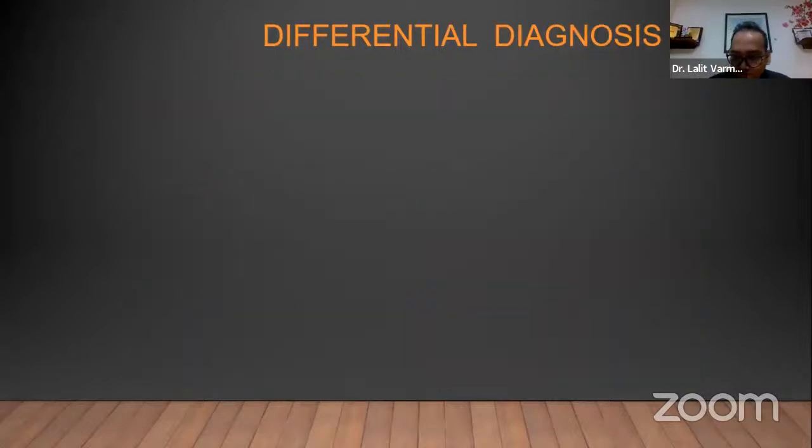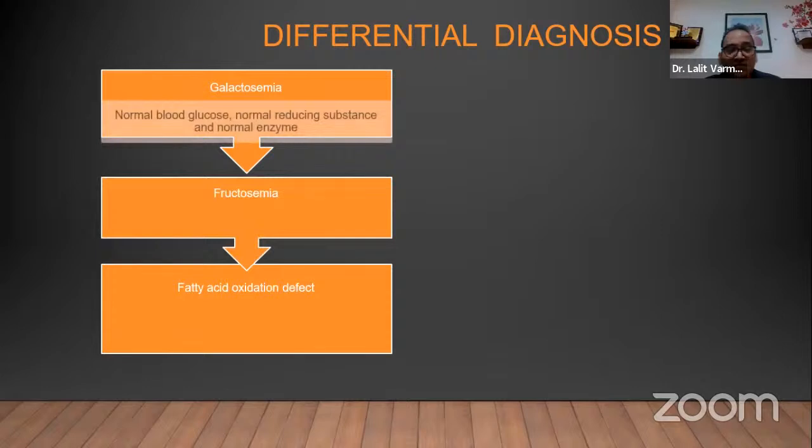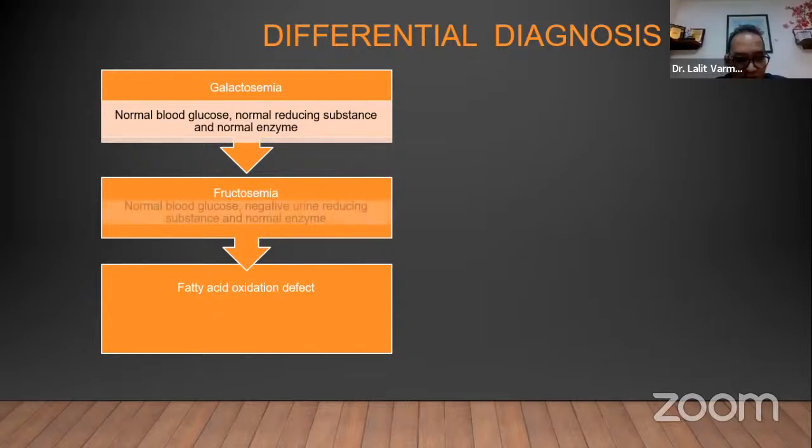Hemivertebral. Okay, so more differential. Ma'am, you said glucose. So galactosemia becomes important because they definitely will have a low sugar value. But in our child, the glucose was normal, reducing substance, and the GALT enzyme was normal. Fructosemia usually starts presenting after 6 months when you start introducing sucrose and fruits or syrups in their diet. Again, they will have a hypoglycemic spell. They will have a positive urine reducing substance and normal enzyme in our patients.